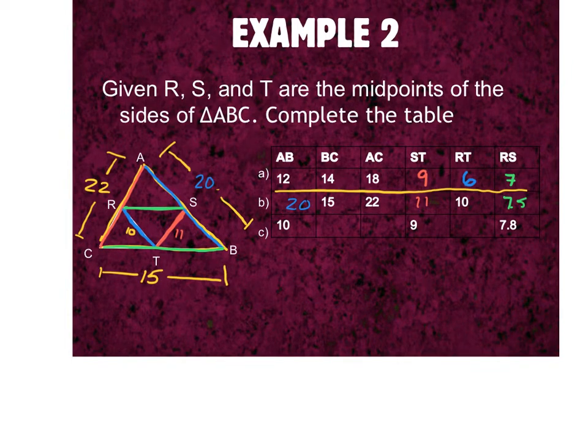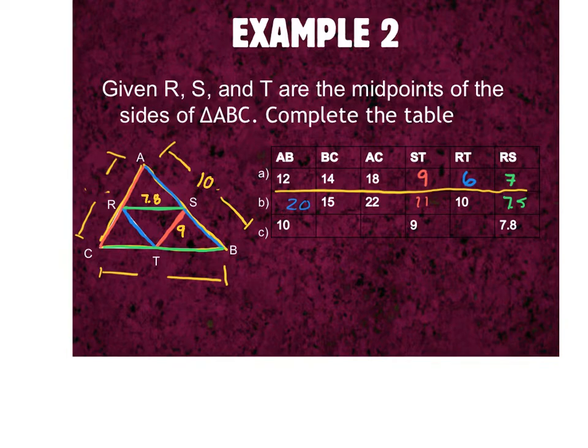We'll do one more line here. We're going to do the last line there, that last one that starts with 10. So I'm going to erase my numbers one more time and just do some replacing of numbers. Okay, now we've got AB is 10. We've got ST, which is 9. And we've got RS, which is